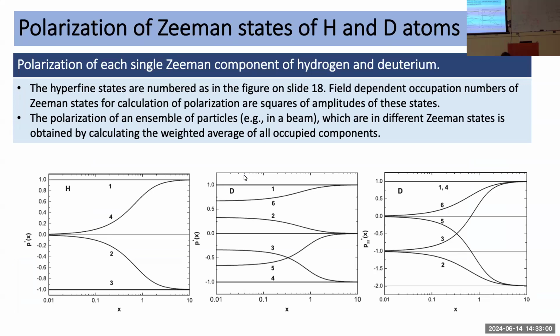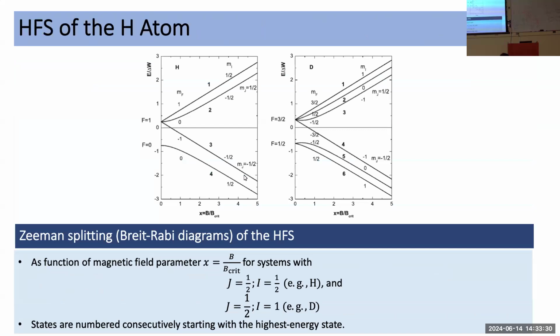So this is now as a function of x, the vector polarization of the different states for hydrogen, and on the right side for the deuterium, the tensor polarization of deuterium. And what you see is that there are two field-independent states. These are the so-called pure states, where you basically have a constant slope in the Breit-Rabi diagram. If you come out of the Breit-Rabi diagram on the left side, let me just go back. If you come out on the Breit-Rabi diagram here with the horizontal slope, of course, the polarization there is small